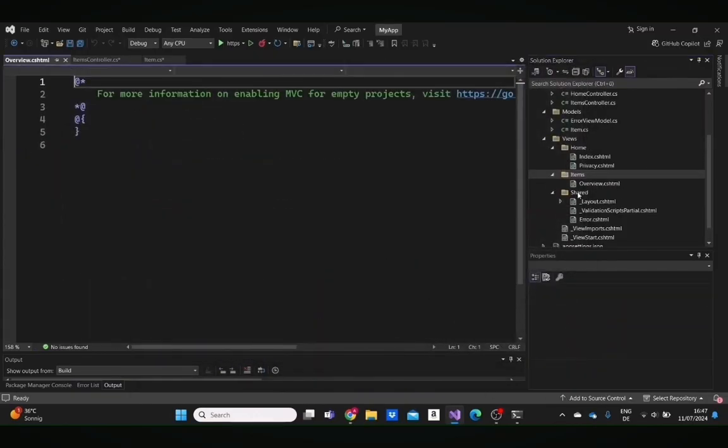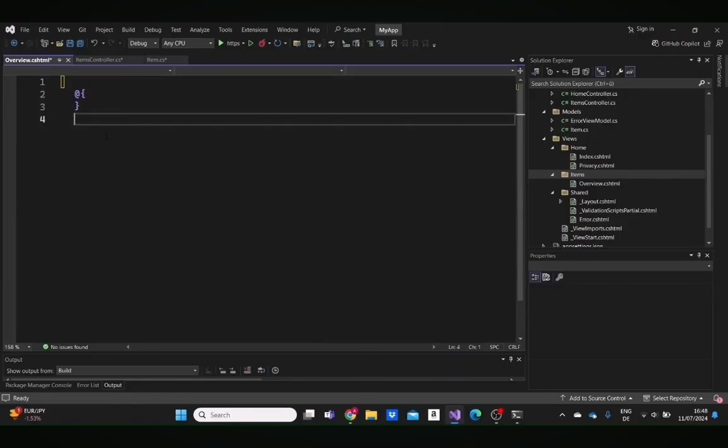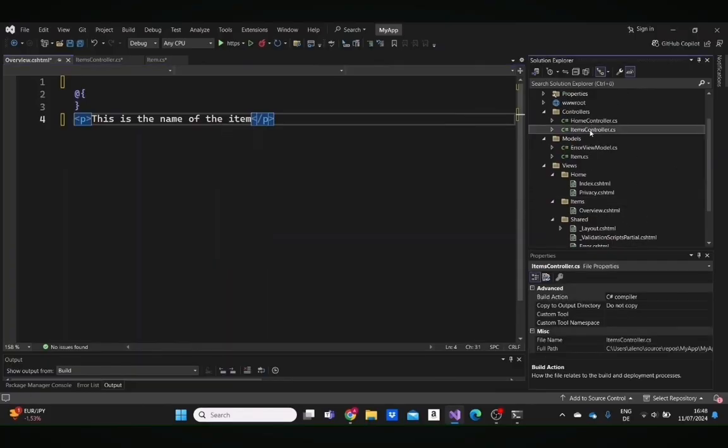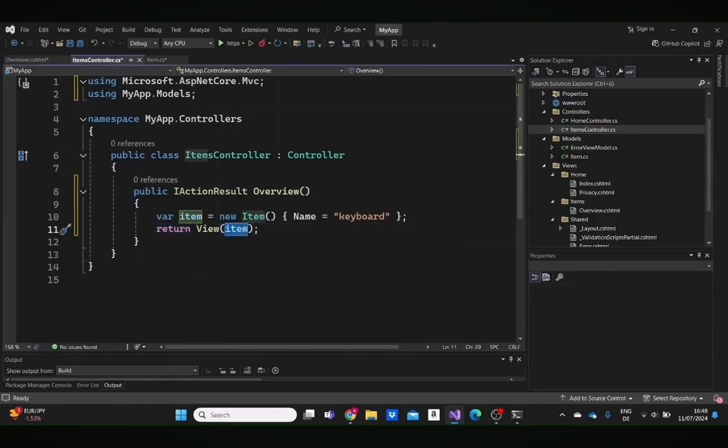And here we have our Overview.cshtml page. Here we can write the plain HTML code that will be rendered to the user, but we can also embed C# code, which we'll see in a bit. I'm writing an HTML paragraph here, and I'm going to display to the user, this is the name of the item. And for me to access this item model that we created inside our controller, that we put as a parameter in the view, I'm going to need to